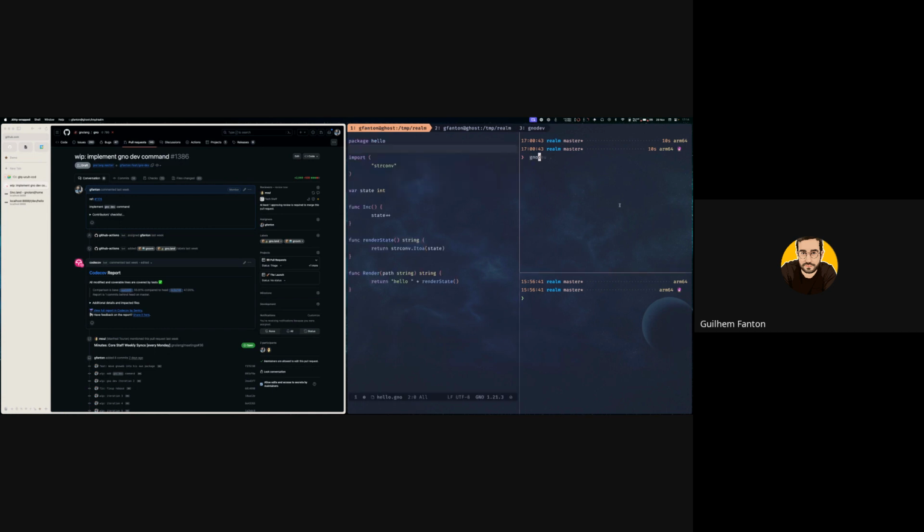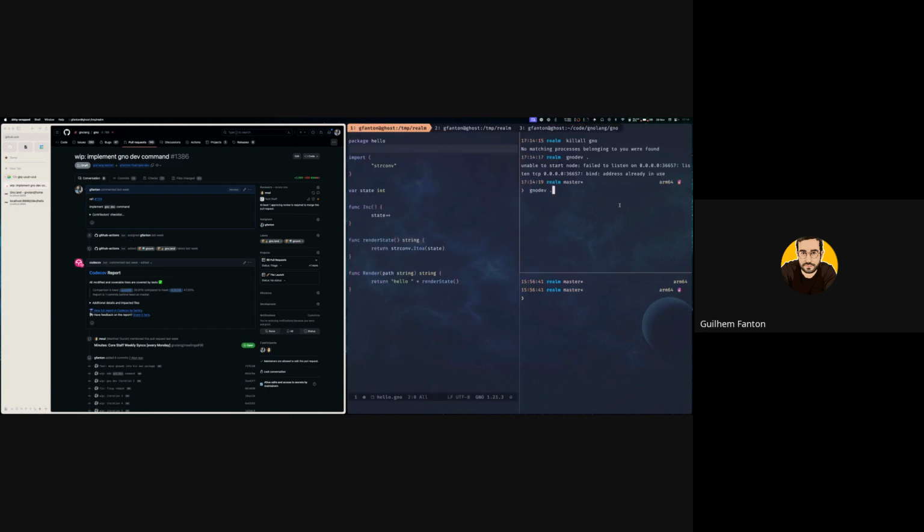To start it, you simply select your package. In my case, it's in the current directory. So I just run it. I got one key already running. I don't know why. Oh yeah, it's not GNO anymore. It's Gno.dev. Before that, I was running Gno.dev, but now I put it in contrib, so it's Gno.dev directly. So let's run it.